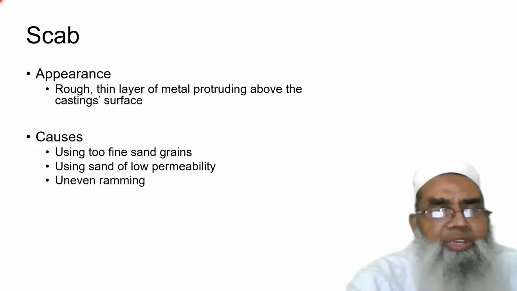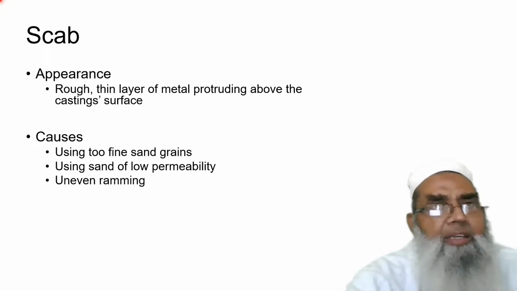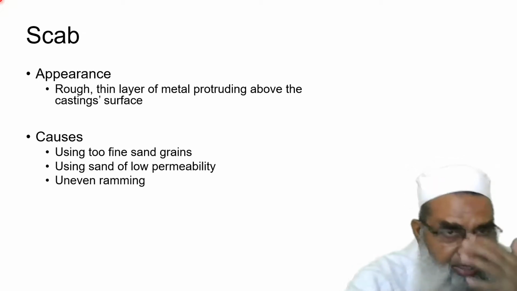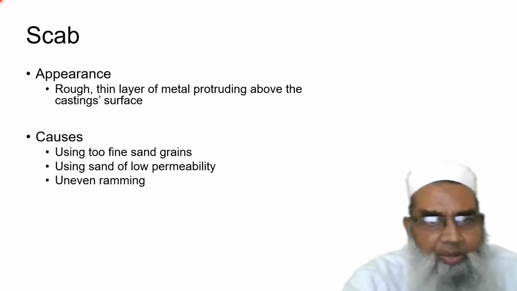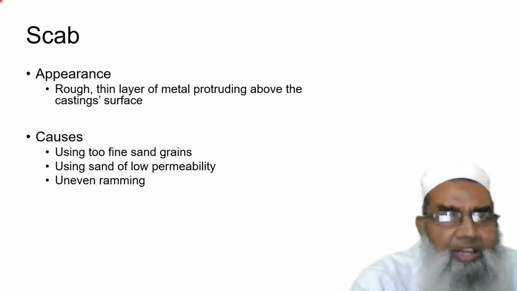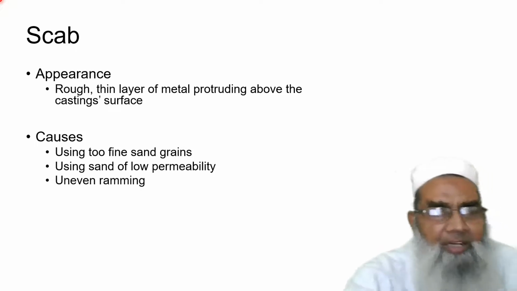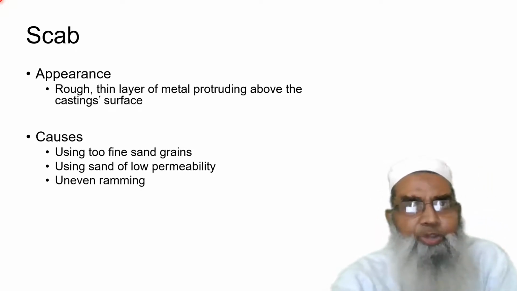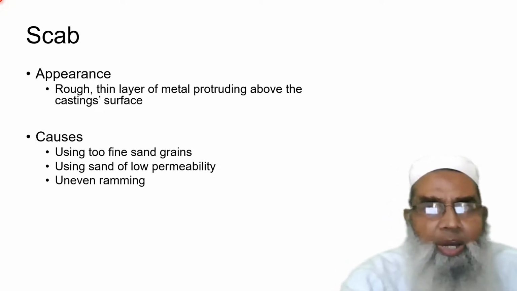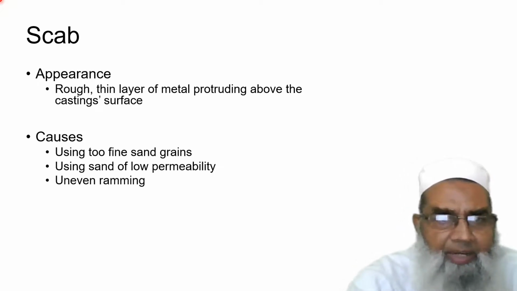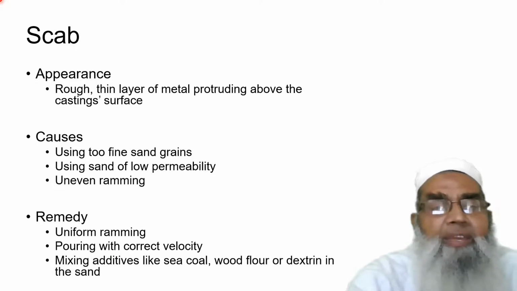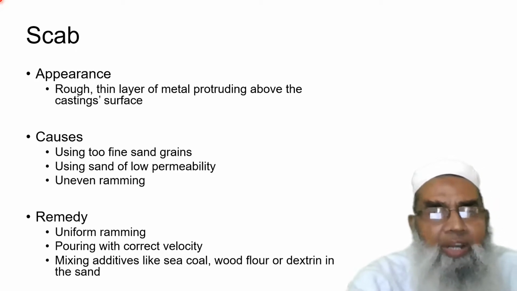Or using sand of low permeability will also cause the metal to get into it and form the scab. Or uneven ramming, if it is not done properly, the soft corners, the soft locations, will allow the molten metal to penetrate the sand particles. Therefore uniform ramming and pouring with correct velocity will avoid turbulence, and then